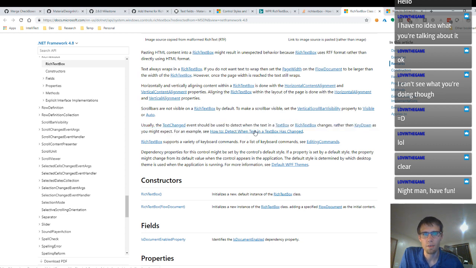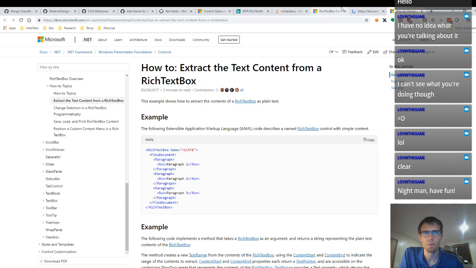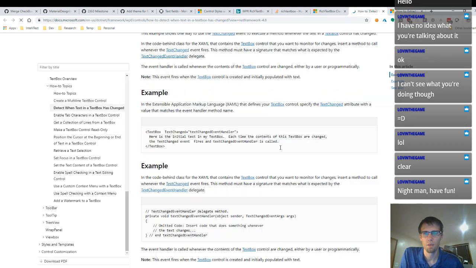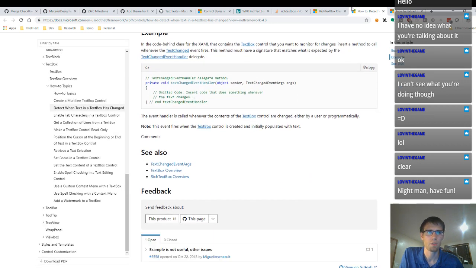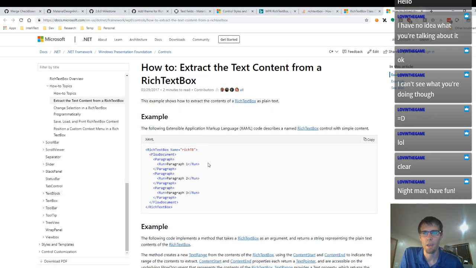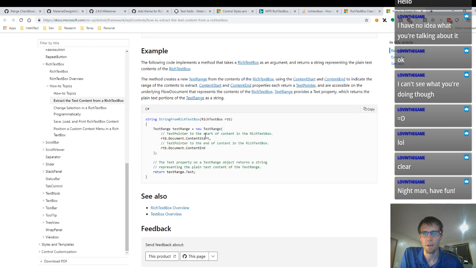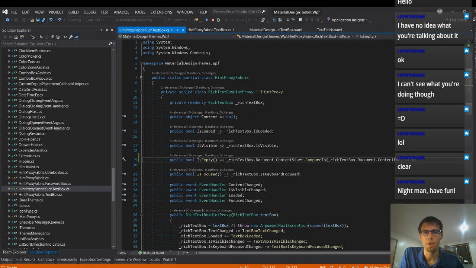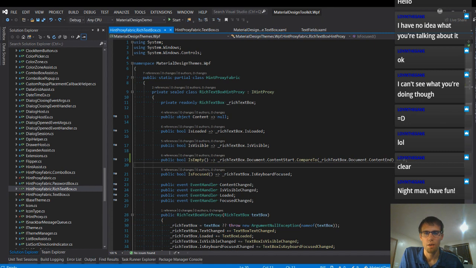How to detect when text is changed, which I believe that is the same event that we're watching here, which is great. We are using the text change handler, and this guy here, perfect. So let's grab this guy, kill execution real quick, and we're gonna